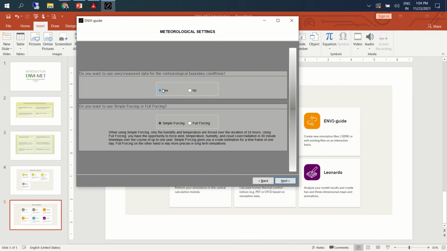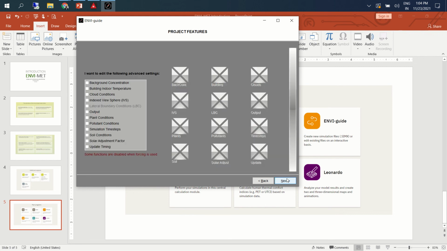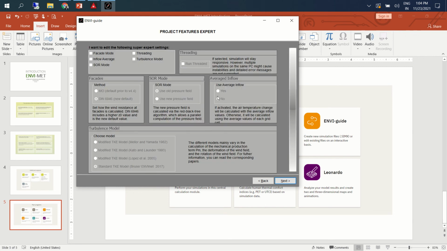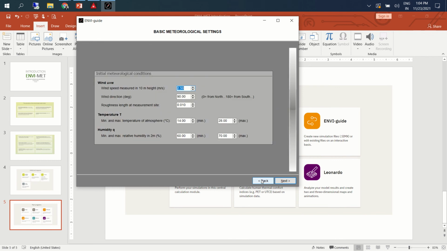In the advanced setting also there are other things that you can do, apart from assigning the primary data. We can also use certain inbuilt models. For example, in thermal comfort itself we have certain models, right, for understanding the scale. The ASHRAE model is there, the European model is there, EN 15251.